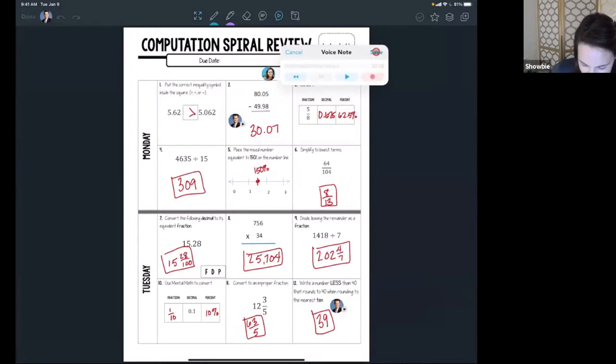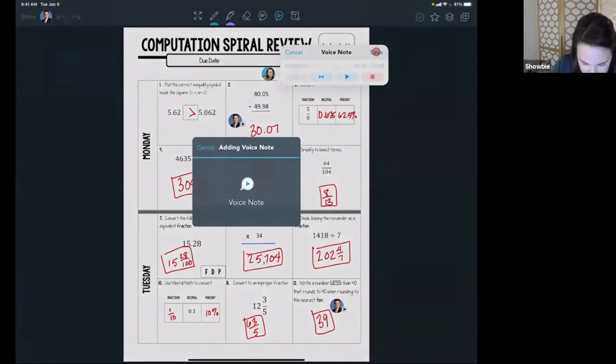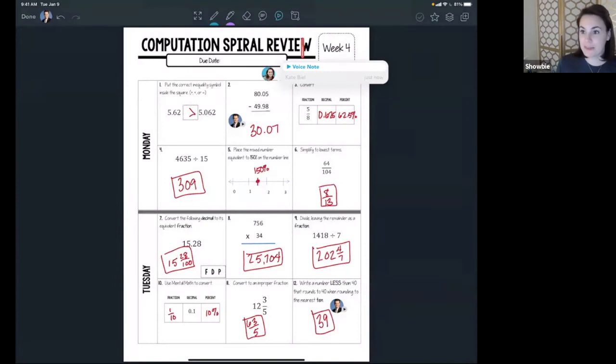And then we'll save it. And now it's there for him to view or to listen to. So again, we can make that small just to get it out of the way. But I love this feature just because I found that my kids typically responded